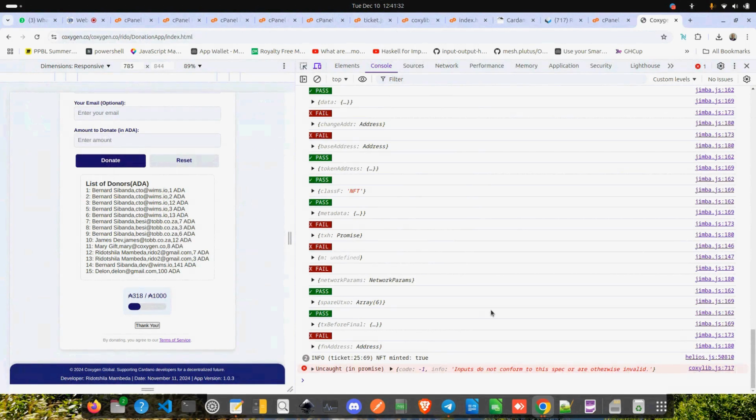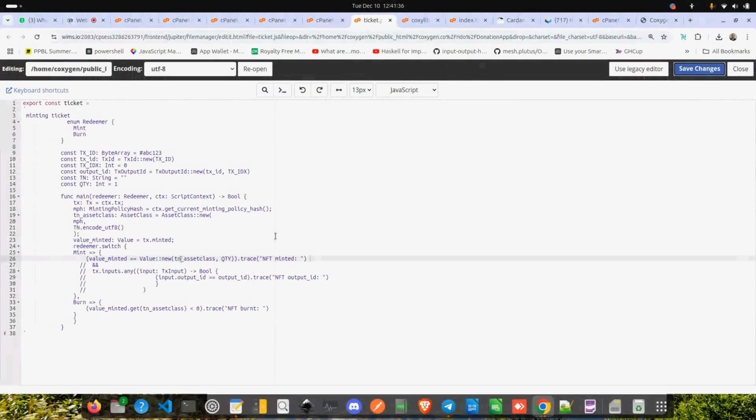Then the problem is not on the script. Get it clear. This condition here, it is evaluating to true. So then it must allow the transaction to be submitted, but still it is not. So which means the problem is off chain